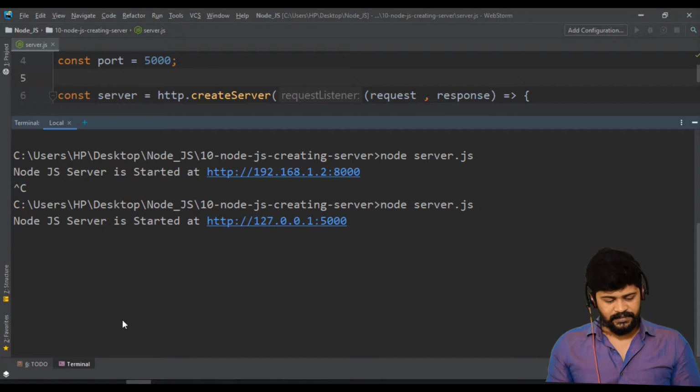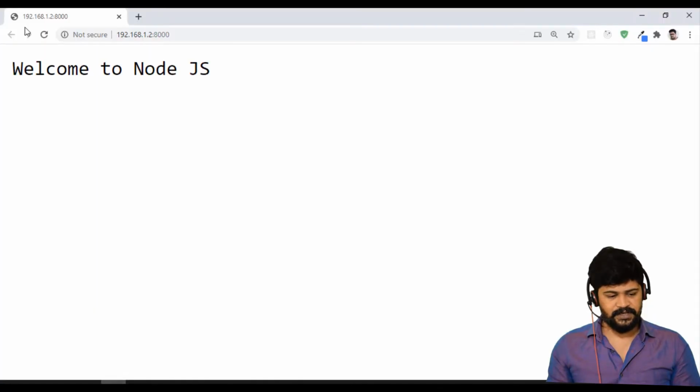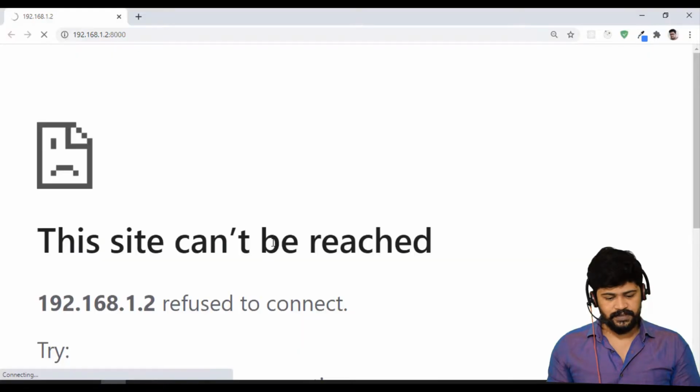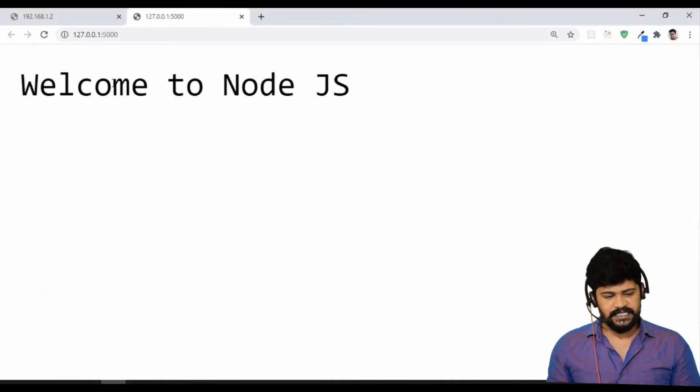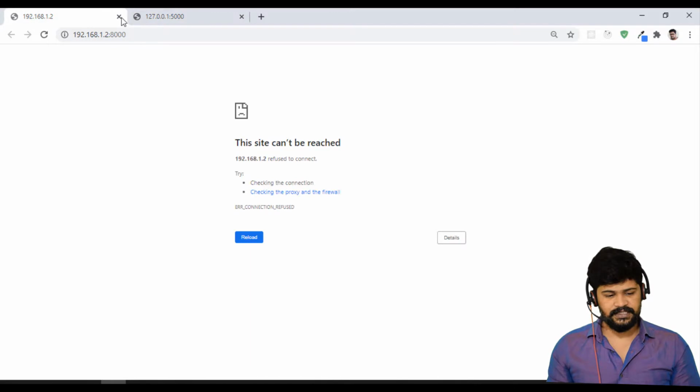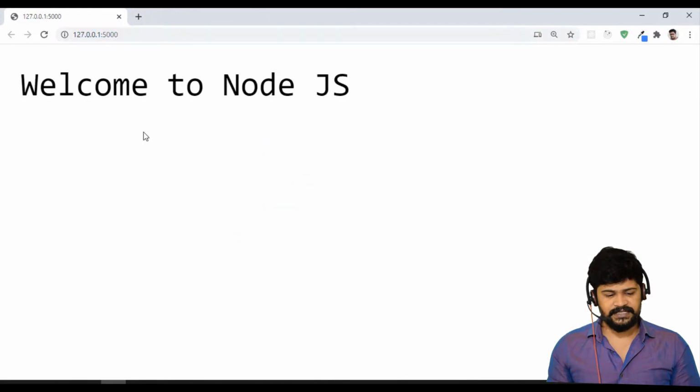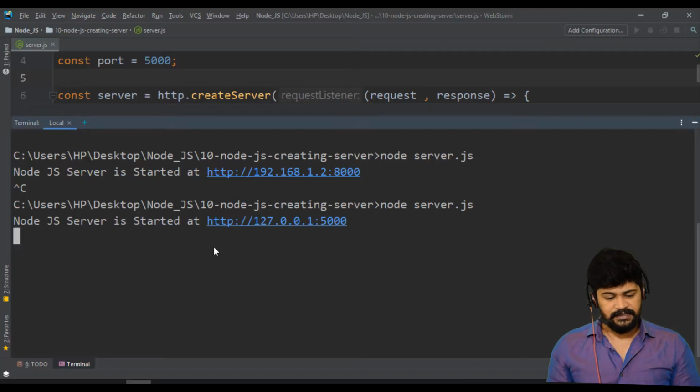Back here again, this will not work. So what I do, let me click on this. It will work. This was not working. Now 127 5000 is working. Perfect. So now what exactly the problem you face here is everything is okay, but the only thing is you have to restart the server every time.